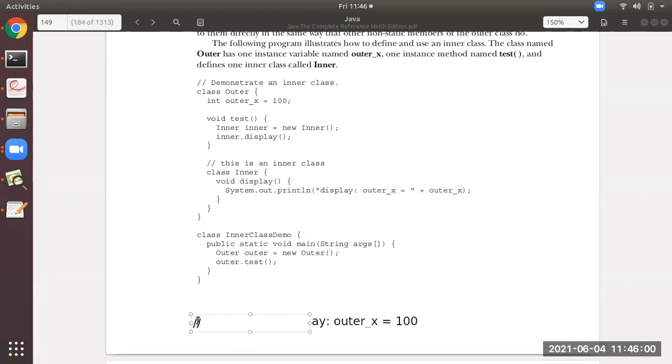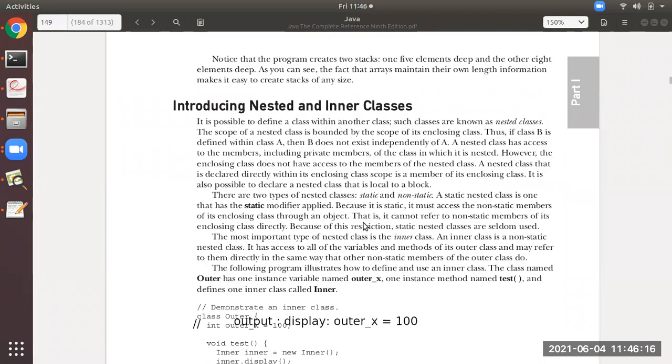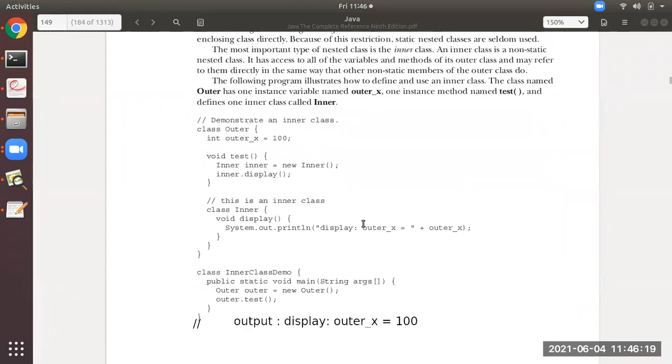So students, you all see here, what are nested and inner classes? Nested and inner classes, that is the new concept. See here, there are two classes.